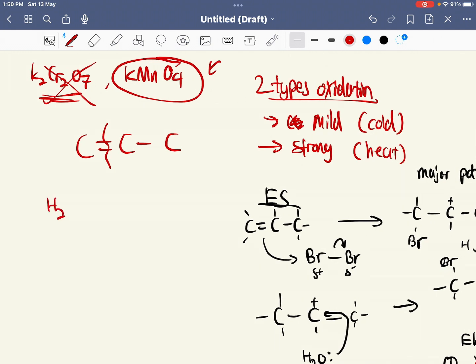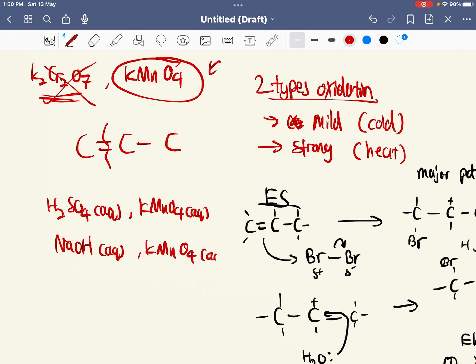There are actually two possible media that we can do this in. We can do an acidic medium, or we can do an alkaline medium. The medium in which this occurs doesn't matter, but we will see different products and observations. So let's say we have our propene here that we're trying to oxidize. So when we oxidize this,